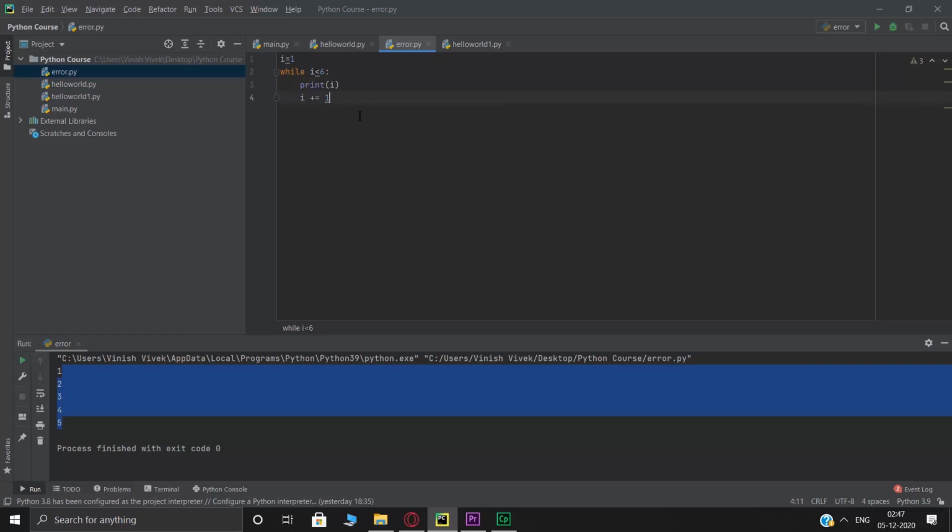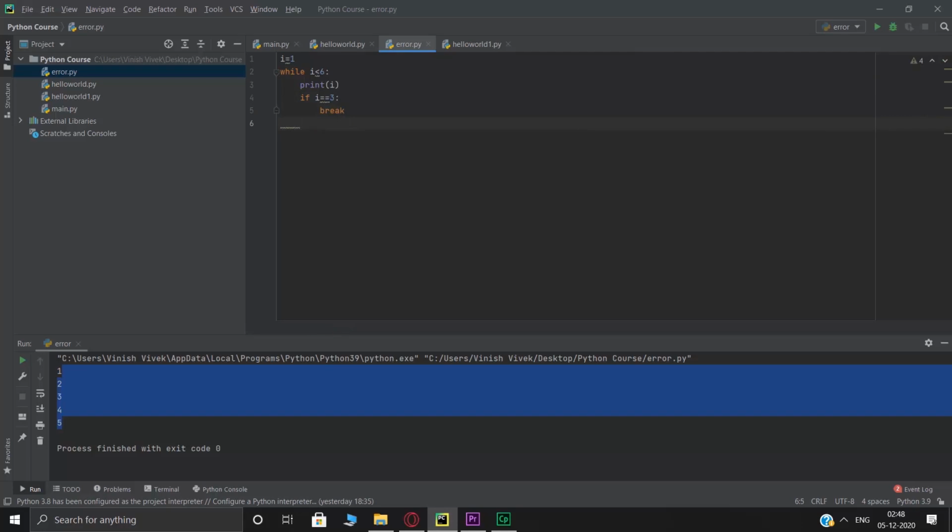Similarly, you can also have a break in this as well, where again, while i is less than 6, you want it to print i, but if i becomes equal to 3, you want it to break.